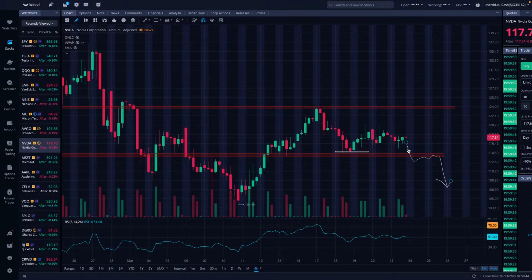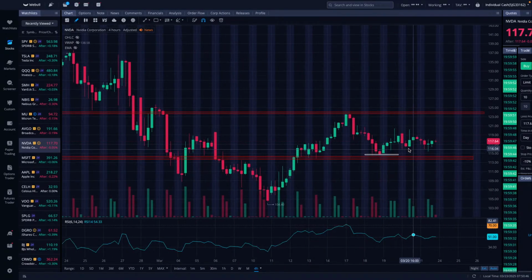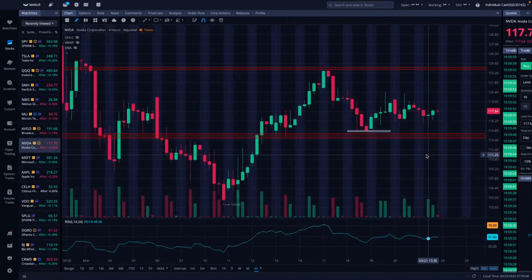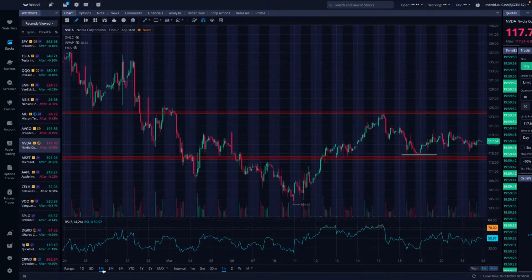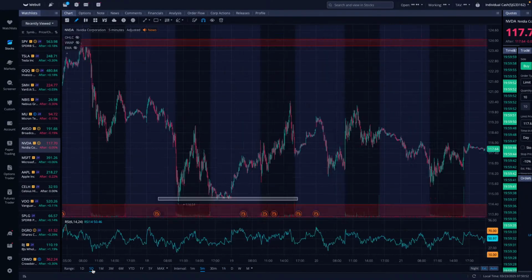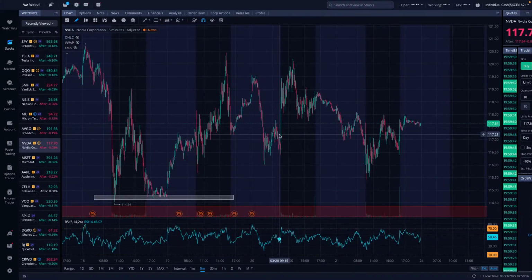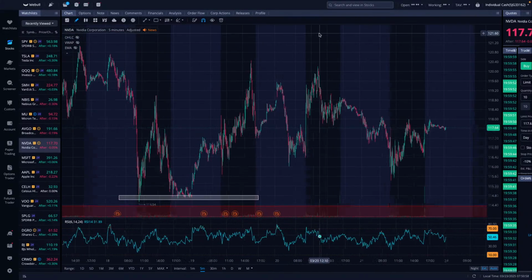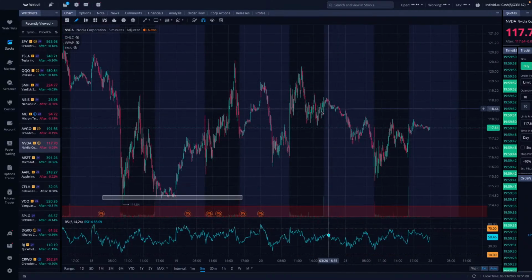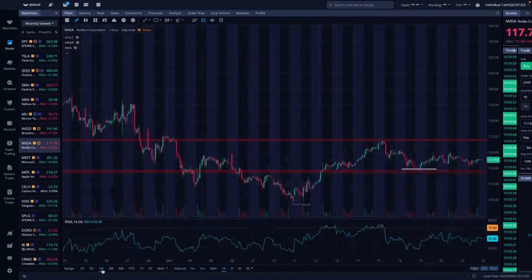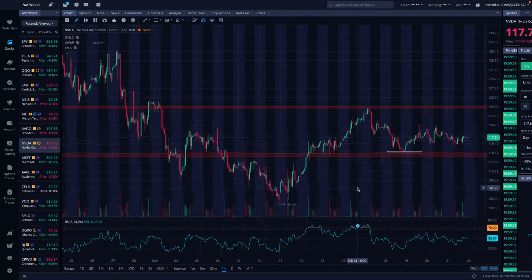And that's pretty much what it means. I mean, like, look right here. We can see we got the pullback down to about 114. Let's get a little bit closer on this analysis here. On the 1 month we have there, on the 5-day, this is really what we're looking at here. We are in this consolidation phase between 114 and 123. So NVIDIA needs to make up its mind what it's going to do. Right now, this doesn't look good.